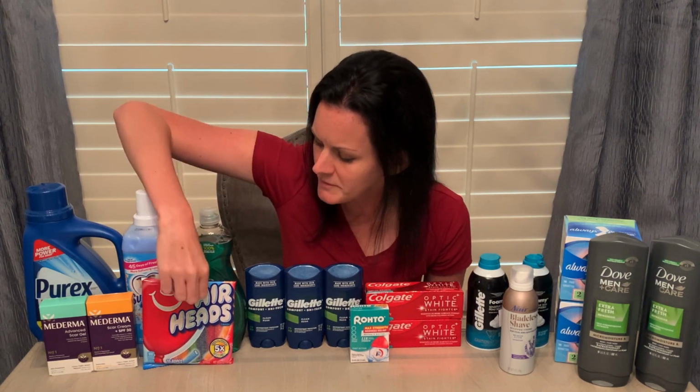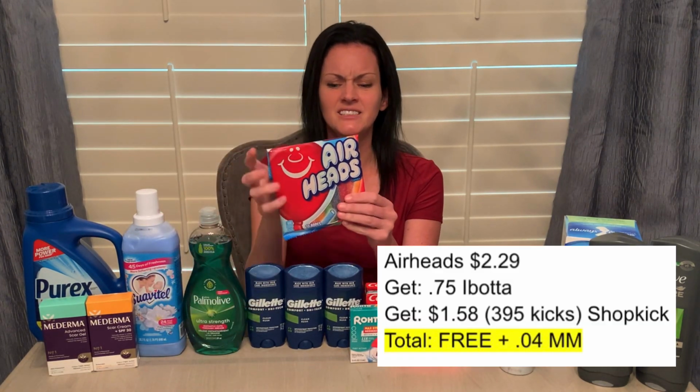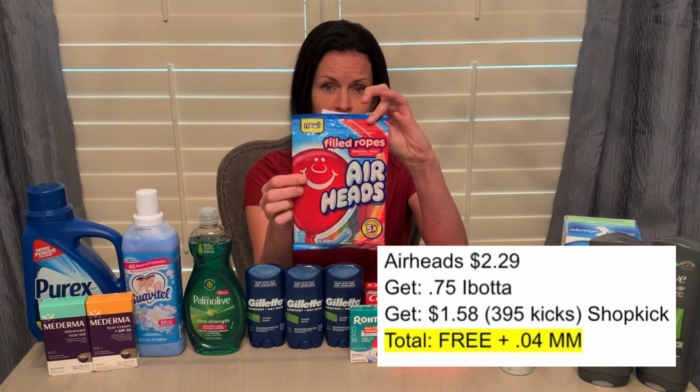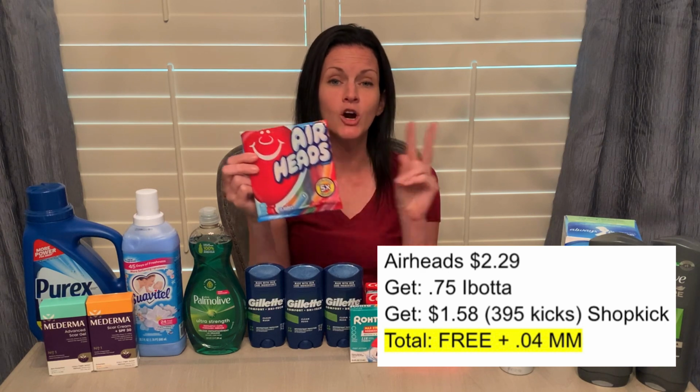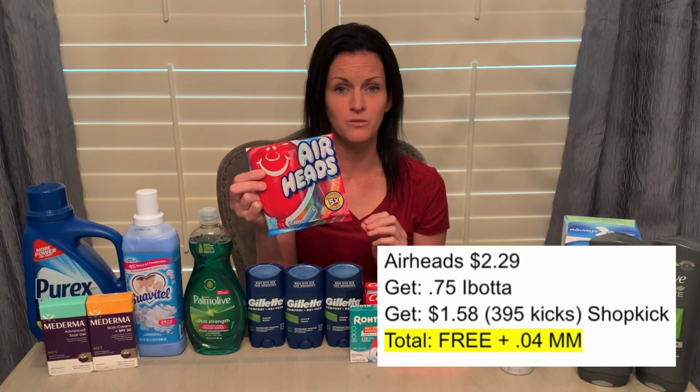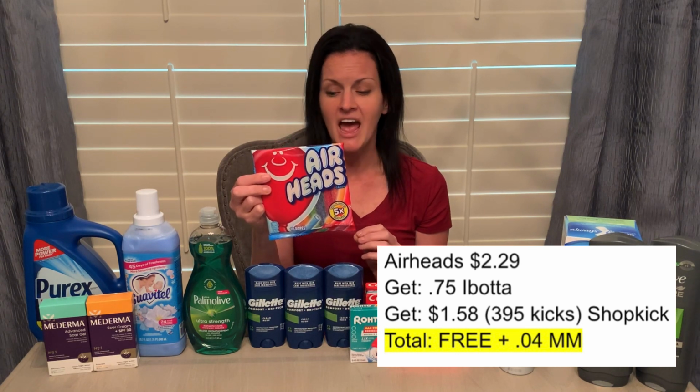What I'm gonna do is walk you through each of the individual deals, and then I'll tell you how I put it together to get the booster money back as well. Okay, let me start with the Airheads, because this is a fun deal. These Airhead Ropes are priced at $2.29. There are 2 different rebates right now. There is a 75-cent rebate on Ibotta, as well as